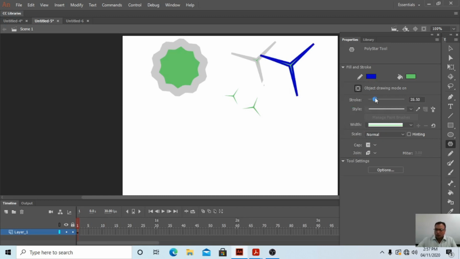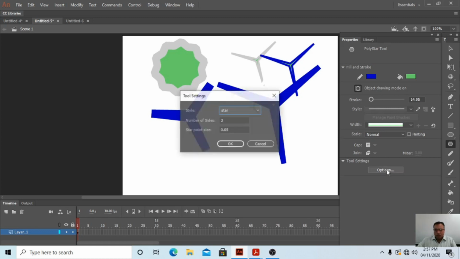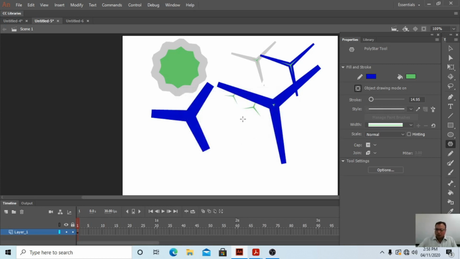Okay students, if the stroke color is increased a little bit this way, because this overlapped the green color, we are not able to see it. So we can increase the options. 3 is given, so what we can do is 10, suppose, and here the point 1.00. Okay students, look, this way we will get.